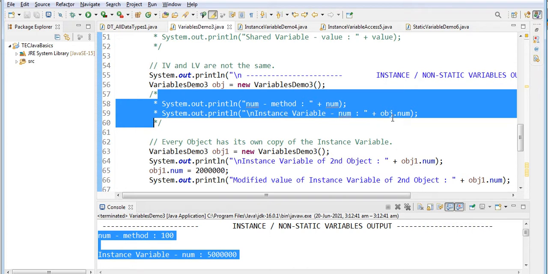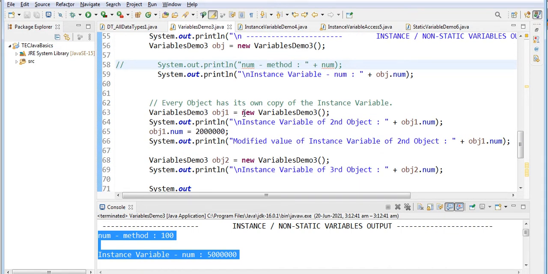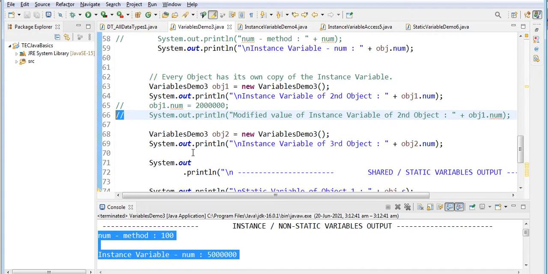We have seen already that obj.num is 50 lakhs. Then another object I am creating and printing this value, and this one for the time being we will leave off. And I am creating another object, obj2. So totally 3 objects.